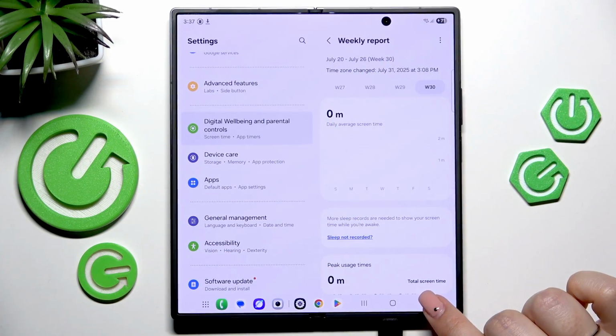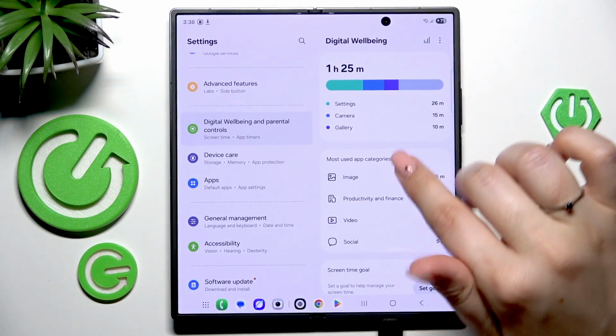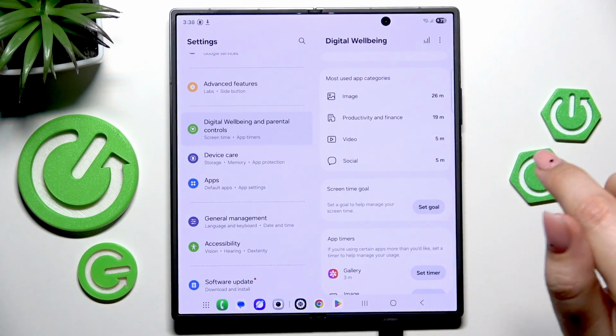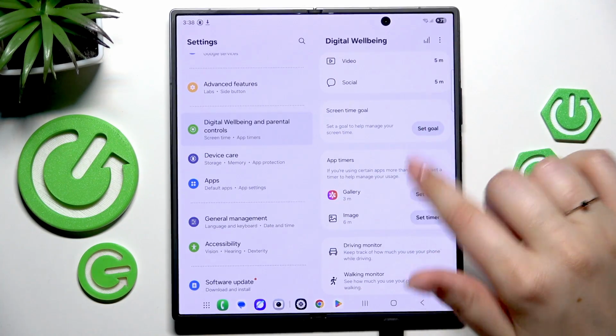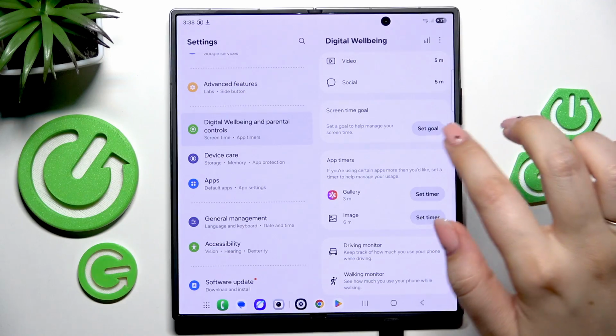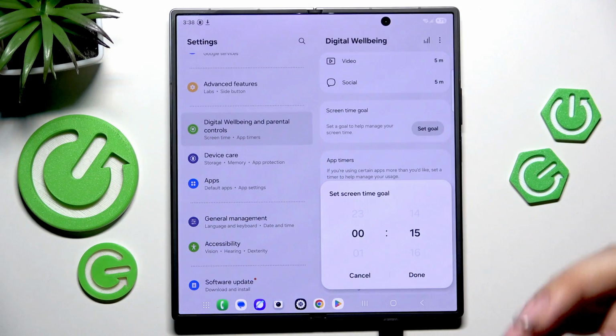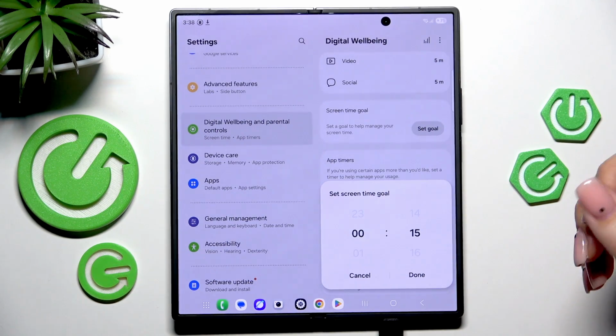here we've got also weekly reports. Just by tapping on this, let's say, data icon. Here we've got most used app categories. And here you can also set the screen time goal, so it will help you to manage the screen time. You can just set the time for how long you'd like to use the screen